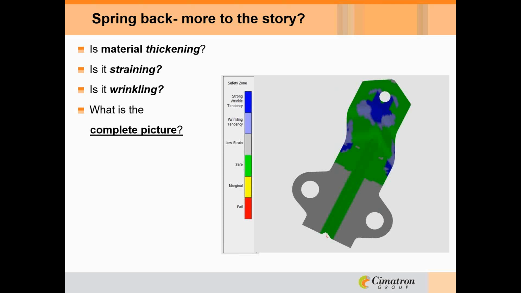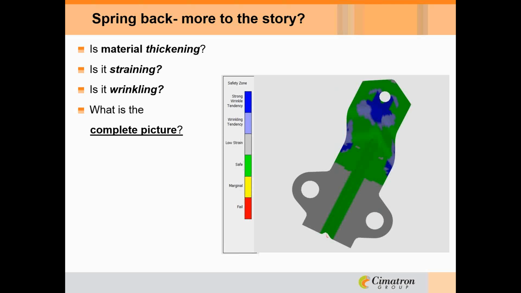But there's more to the story, isn't there? What if the material is thickening in a certain area? If that's the case, then I have to worry about wrinkling. I'll have to make sure that my die is ready to deal with a thickening area. What if it's going to tear? See, all this is going on, and analysis is going to help us see every aspect of what's taking